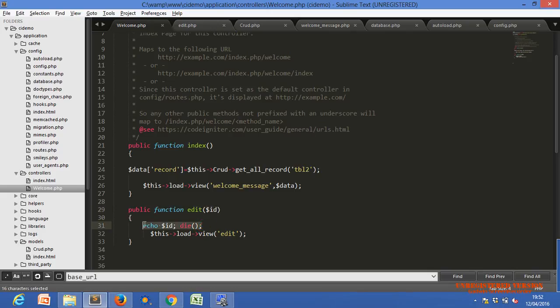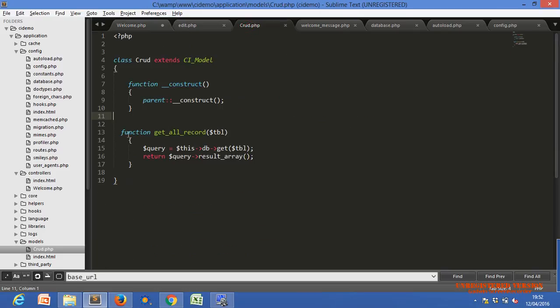So with the help of ID 1 we can get the data or not? Yes, we can get the data, but if I use this kind of code before loading, we get all the data with this line of code, get all record. So we have to create one new function in the model for getting particular data.